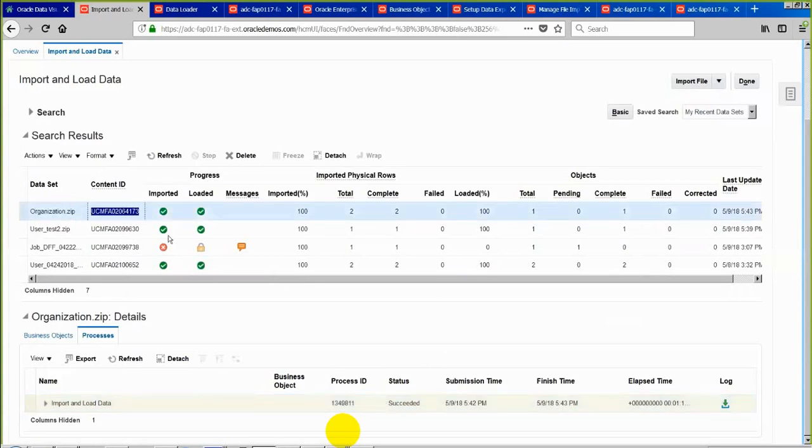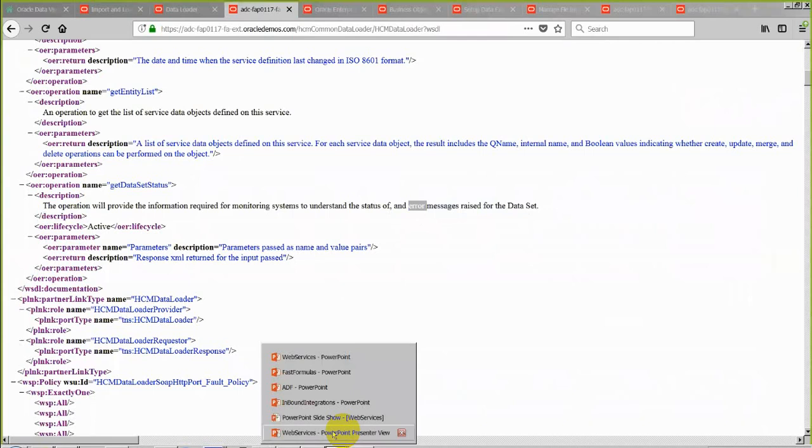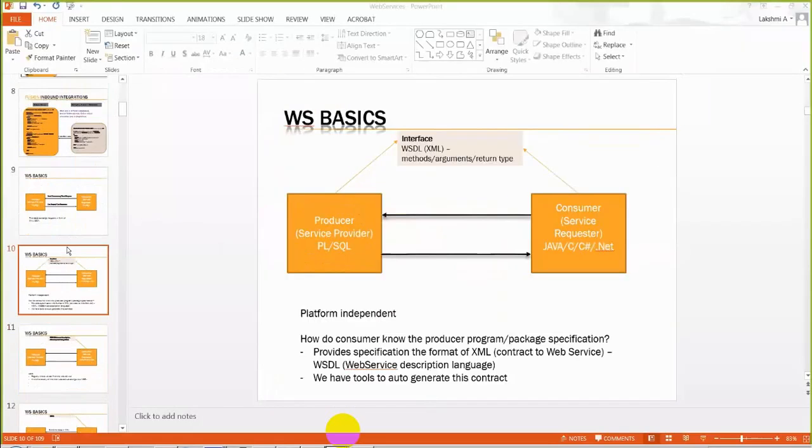I can pass anything as an input to get dataset status, and I can keep getting the status. Once I get the status, if I get the status as error, then I know that the program got errored out. Okay, so let me draft down what I am saying, and then we can